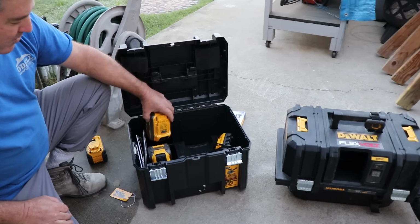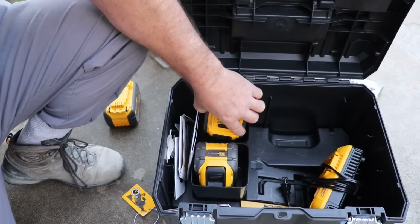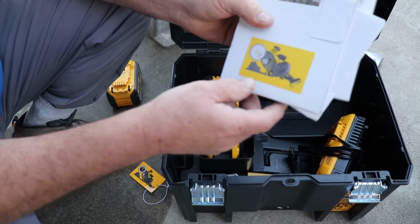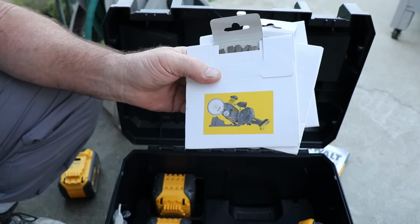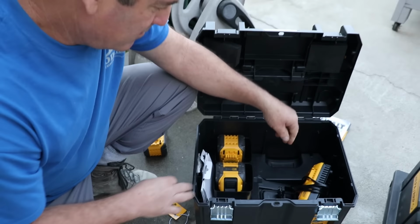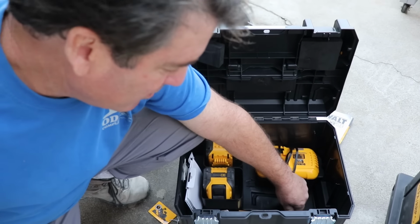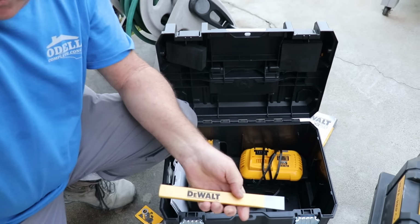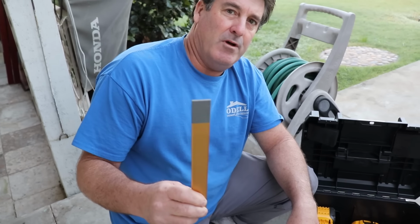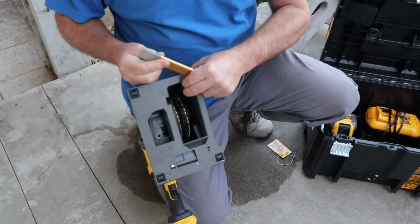Here's the batteries. This is what you get in the kit. Here's a couple of the batteries. You get 2 of these. We got 4 blades here. Shows you the installation of it. We got your charger. Now here's the crucial point here. When you do the dual cut at 1 inch wide, this chisel comes with the kit. It's the same width as those 2 blades. If you take a look here,